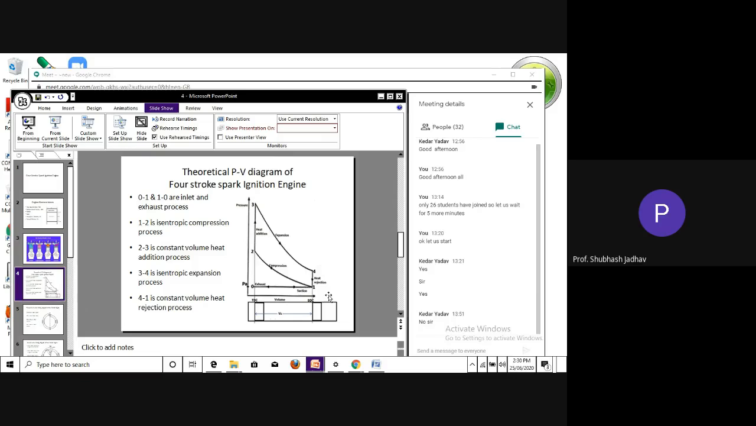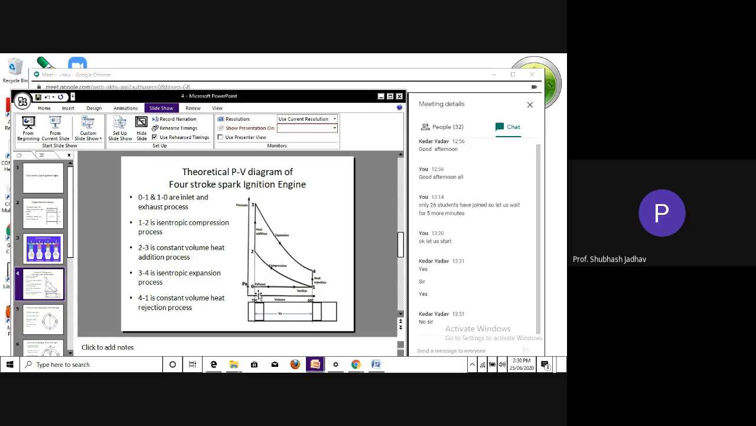And which is that process? It is the process 4-1. What is the name of that process? It is a constant volume heat rejection process. Okay, now your thermodynamic cycle becomes 1, 2, 3, 4, 1. It is a closed cycle which can be analyzed thermodynamically. Correct? And 0 to 1 is your suction and 1 to 0 is your exhaust,